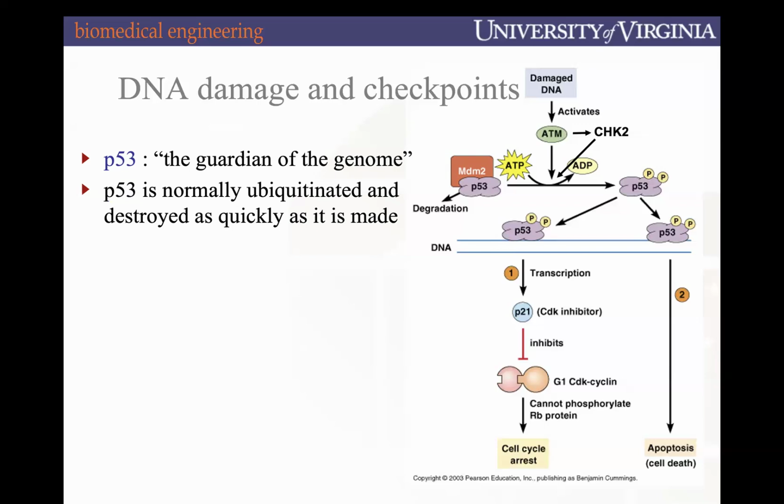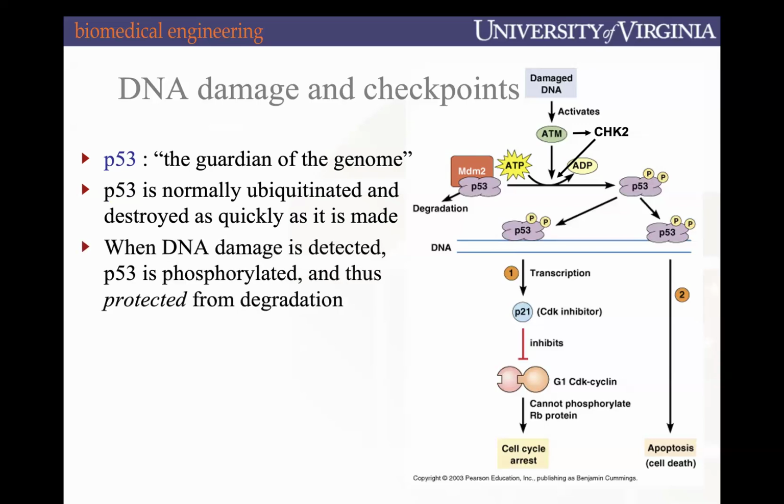So in a healthy cell, there's not much expression of P53 because it's being degraded, given everything is fine. In the case where DNA damage is detected, there is activation of a pathway where P53, instead of being marked by MDM2 up here to be ubiquitinated for degradation,